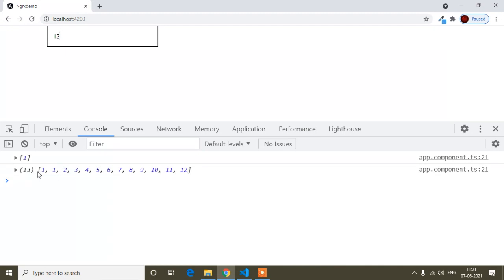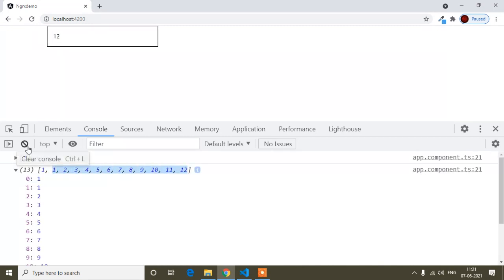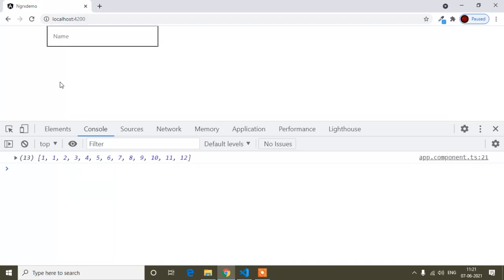6 7 up to 12. But here one thing is wrong, that is the first value. Now it's 12, but the first one is already stored. Here you can see, first of all it's showing 1, then again it starts from 1 to 12. So I have to remove the first values, because the actual value, I mean the last value, is 12, so I have to write from 1 to 12. Previously, if I type here 2, you can see 1, the previous value is already stored here, and then you can see 1 again, 2. So guys, the previous value is already stored.